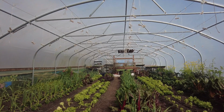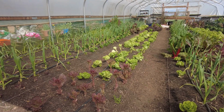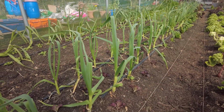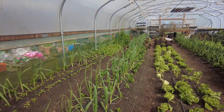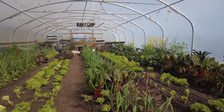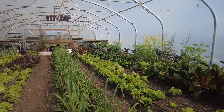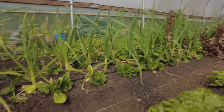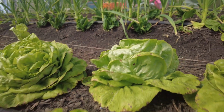So in here you can see straight away how the garlic has been doing a lot better than outside, but that's normal because there's no wind, there's no rain. Look, they're ready a month ahead, if not more. This is good because we'll harvest them first and then we'll keep harvesting outside. We sell them as wet garlic. They're a bit more expensive that way, and then we can sell them as dry garlic, the ones that we don't sell wet. By wet, oh look, there's a lot of ladybirds around because look, this guy is moving